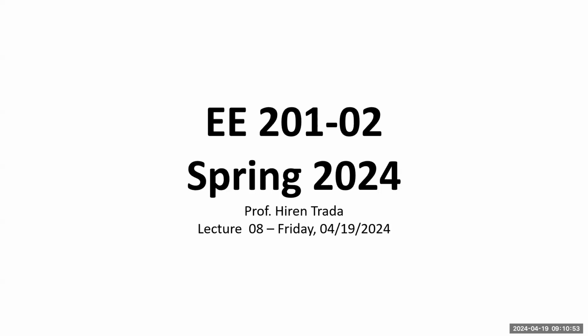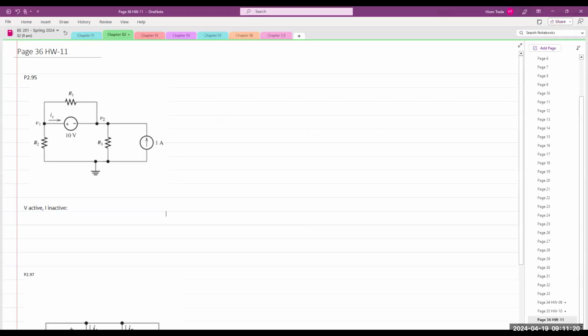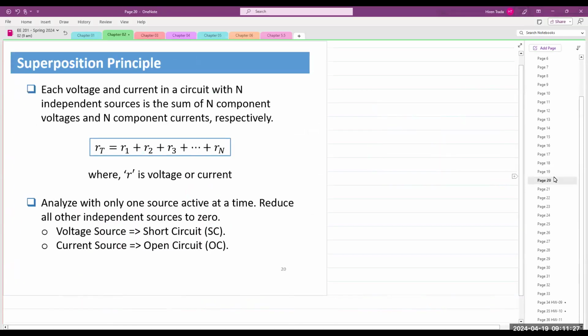Okay. All right, so today we will look at the last remaining technique. And it's not a new technique per se. It's known as superposition. And if I can find, there we go, there's the class notebook. Okay. All right, let's see, what page were we on? 16, 17, and 18, 19, 20. Okay, so superposition principle